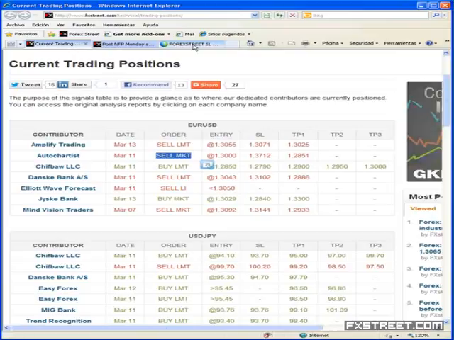With this we try to maintain those positions that still have some kind of validity or significance, but as I said earlier, not as a trade recommendation, but as a